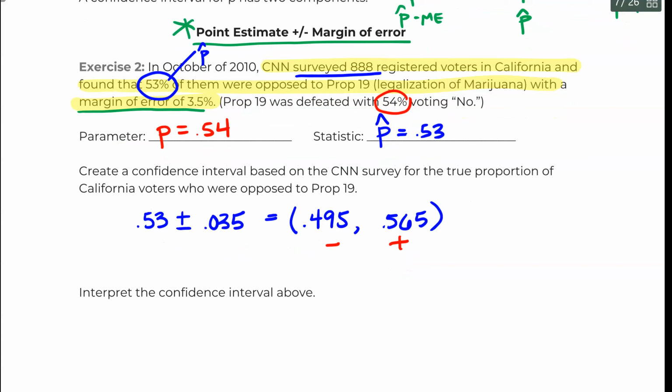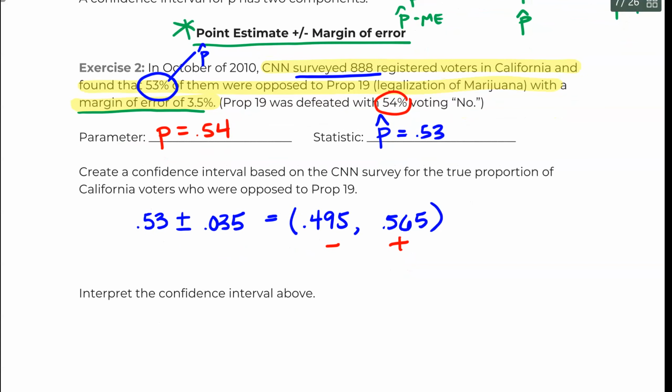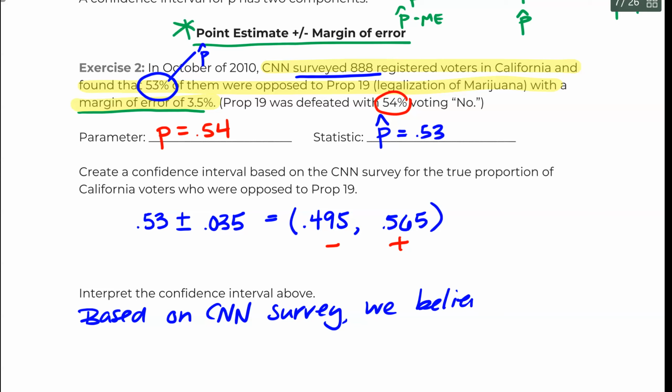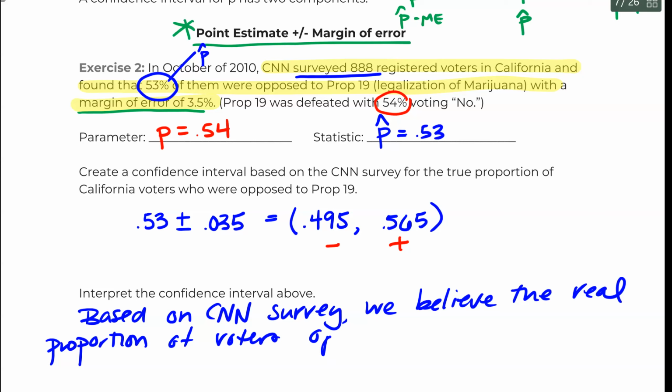So I think this is a good spot to sort of think about what you think this interval is telling us. What did CNN do with this particular survey? And so hopefully you're sitting there going, well, based on CNN's survey, we believe the real proportion of voters opposed, sorry, my handwriting is terrible because I'm trying to write fast, opposed to Prop 19